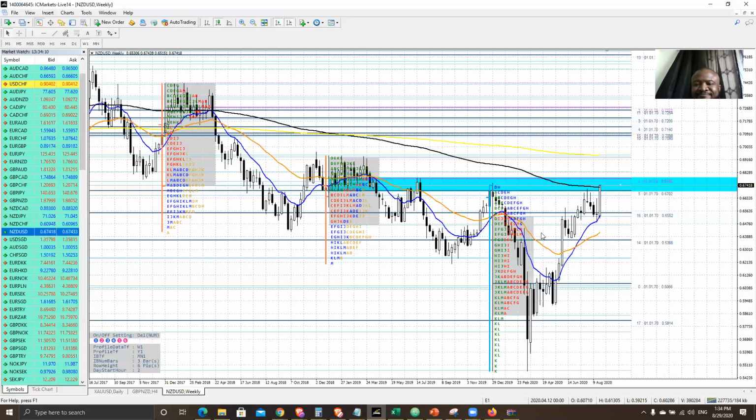So, but what I'm saying in essence is the way that we are going. When you look at the way that we start from this low, we make this high, we kind of make this low again, we make this high, we kind of make another higher low again, we make this high, we kind of make another higher low again. One key thing that we can see is the trend is progressive, okay? This trend has not even bent at all, okay?